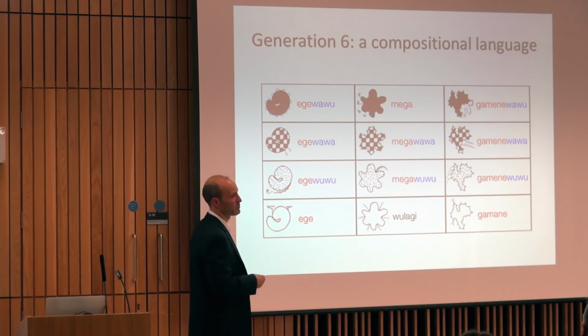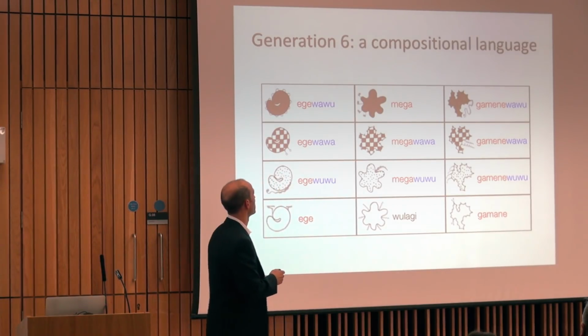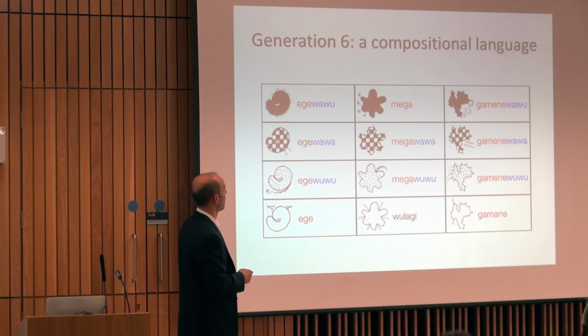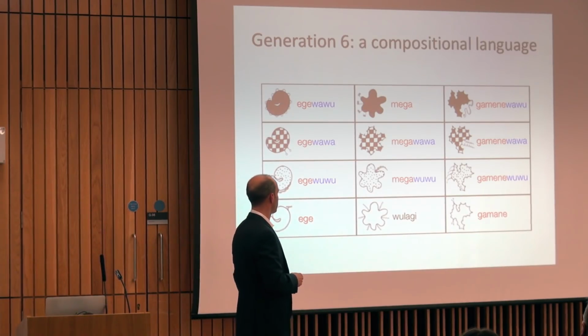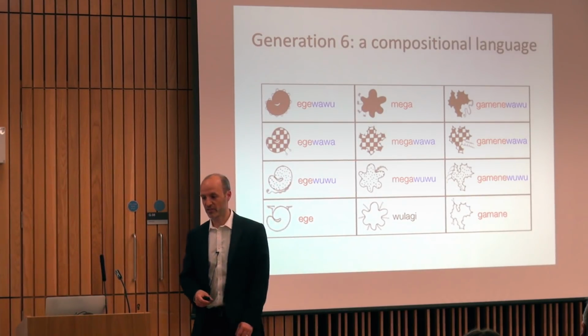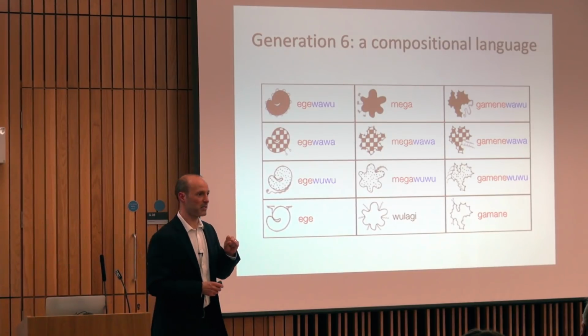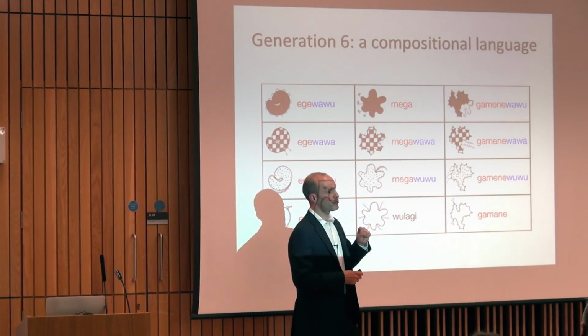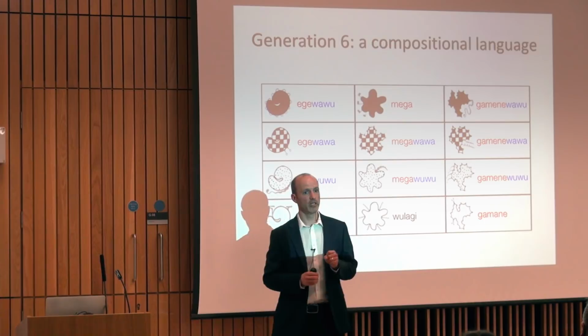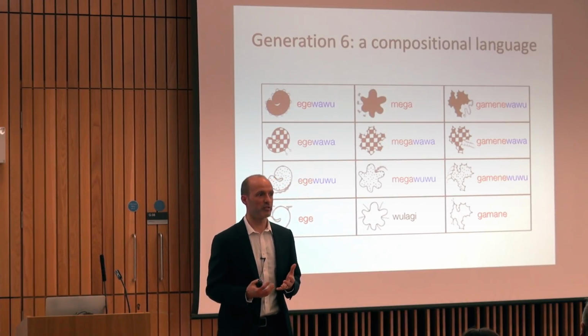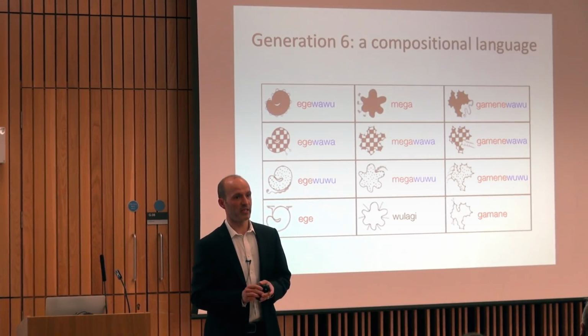And then the second part of the label conveys the fill pattern, slightly comically, so wah-woo, wah-wah, woo-woo, for the 3 different fill patterns, and then blank if the shape is unfilled. Okay, so this language has developed just a drop of the compositional structure that, at much larger scales in natural languages, gives them their open-ended expressive power.